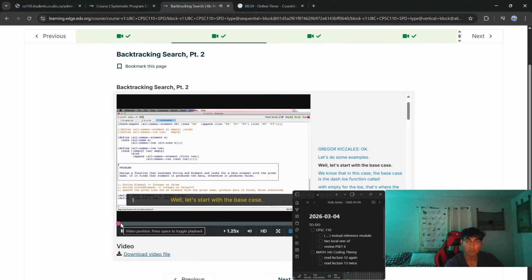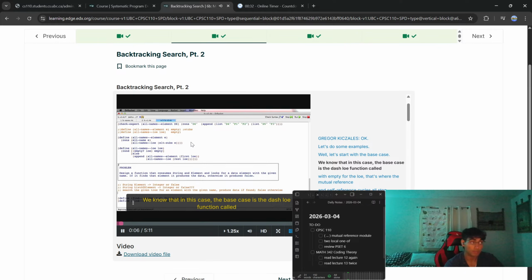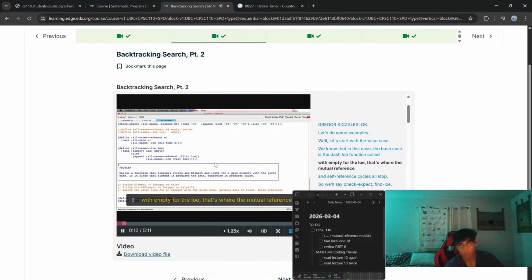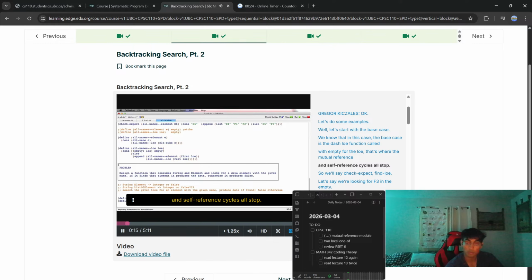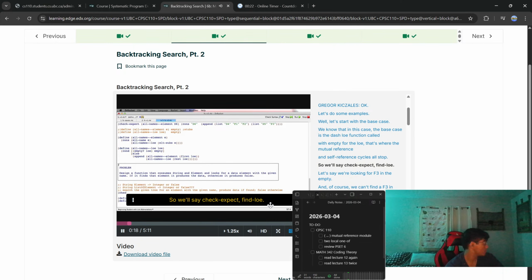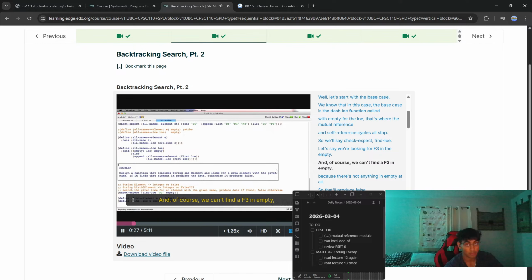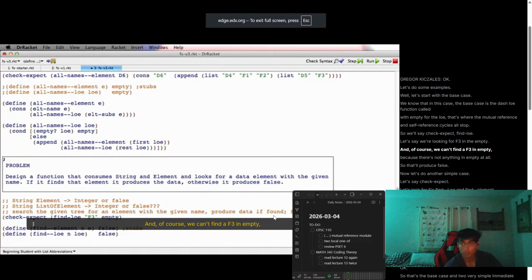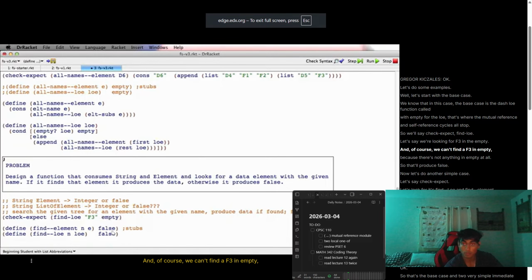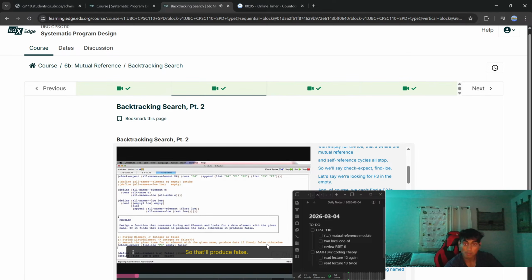Okay, let's do some examples. Let's start with the base case. In this case, the base case is the find-LOE function called with empty for the LOE. That's where the mutual reference and self-reference cycles all stop. So we'll say check-expect, find-LOE. Let's say we're looking for F3 in empty, and of course we can't find F3 in empty, because there's not anything in empty at all, so that'll produce false. Now let's do another simple case. Let's say check-expect. Let's look for